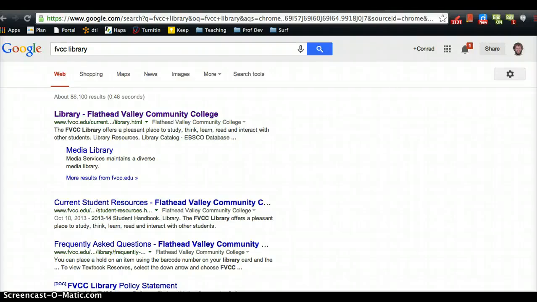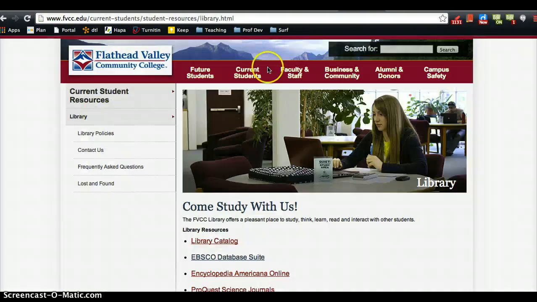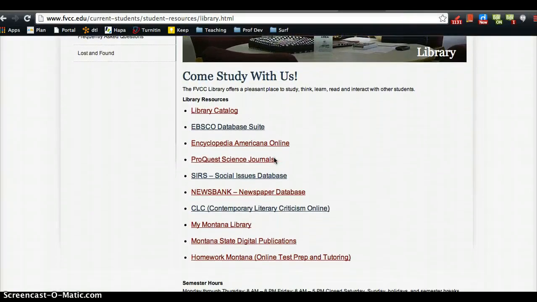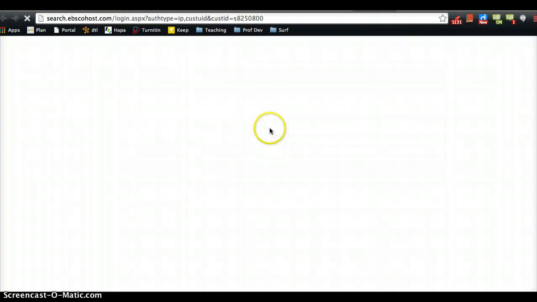All right, for the second step of this week's writing portfolio, you're going to have to navigate to the library webpage. To do this, I'm going to have you go to Google and type in FECC library. Once the library pops up, you can click on it, and that'll take you to the library webpage. Once you're on the library webpage, if you take a look down here, you can search the library catalog, and then,